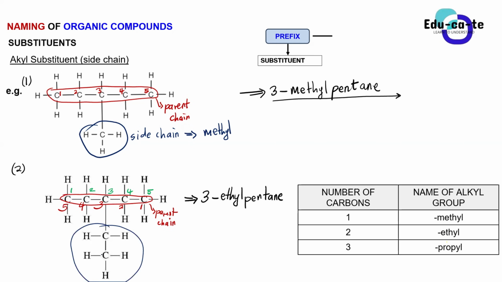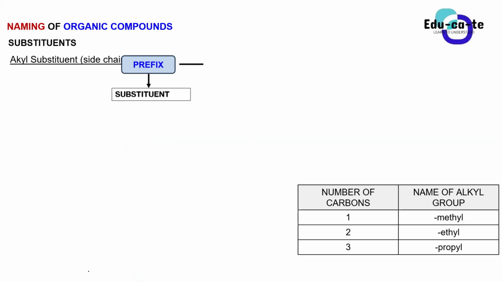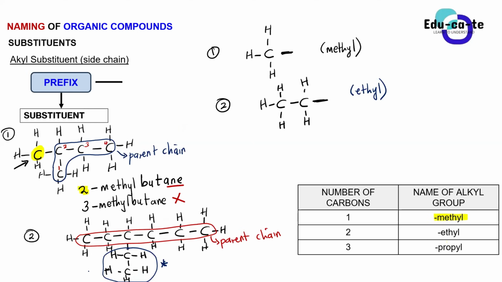And this side chain that we're having, guys, is not a dimethyl. Don't call it a dimethyl, because it's only one substituent consisting of 2 carbons bonded together, as we've discussed. This is not 2 methyl groups. We're not talking about a methyl group, guys. We're talking about a carbon bonded to 3 hydrogens. That's a methyl group.